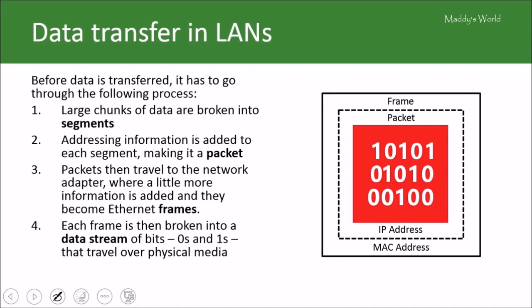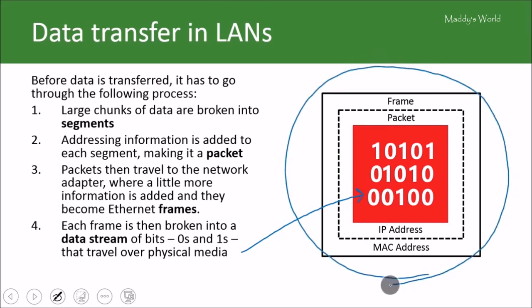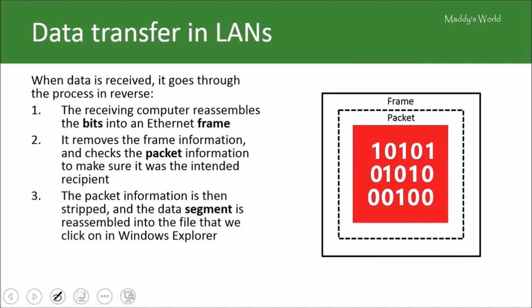This visual might be a little confusing, but just know that really data is ultimately going to be represented in bits before it's transmitted across a network. So this whole thing ends up taking this form right here. And then it's transferred over a physical medium in binary. All right, and of course, when data is received by a device like your cell phone, it goes through the